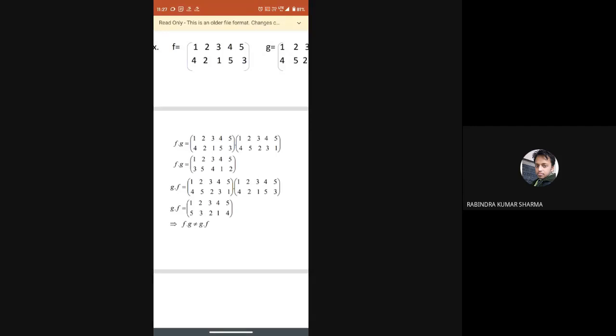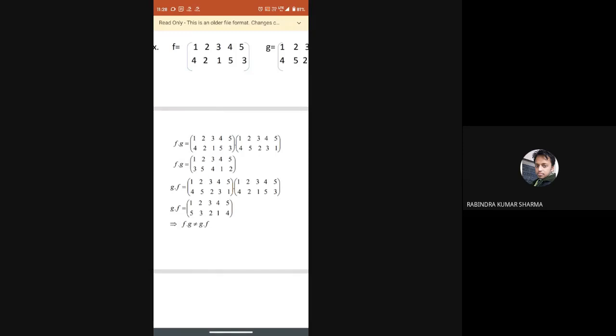Okay, so how can we check f dot g? First write both the permutations there. Okay, you just write both the permutations, and then after that the product of f dot g. So how can we check the product of f dot g? First consider the first element 1, and its corresponding output is 4, okay, 1 to 4. And now map this 4 to the g. So what is the output of 4 in the g? That is 3 there. So 1 with corresponding value in the product will be 3.